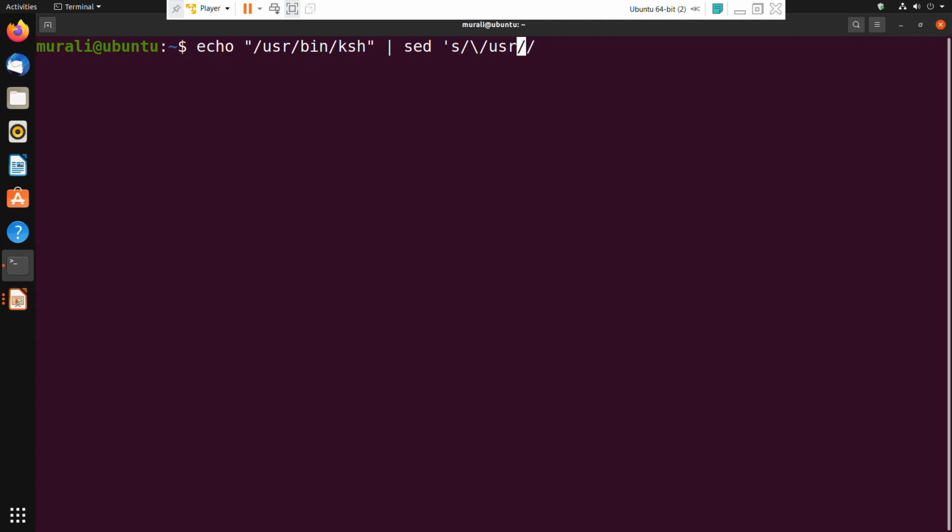\/usr, then again \/bin, \/ksh, and then the pattern to be substituted. By what pattern do you want to substitute? There also you need to give something like this, \/usr. So to avoid these hassles, what we can do instead...